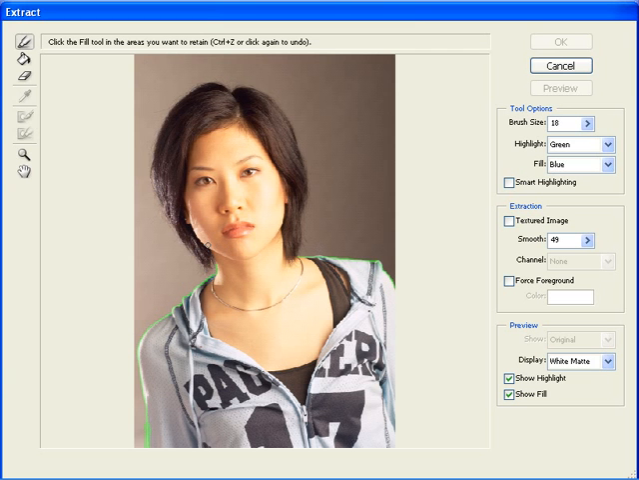Now when we go around the hair, we want to use a larger brush. Right now I'm hitting the right bracket key on the keyboard to increase the size of the brush, or you can change the brush size up here. Let's make it a little bit bigger. And now we're just going to click and drag